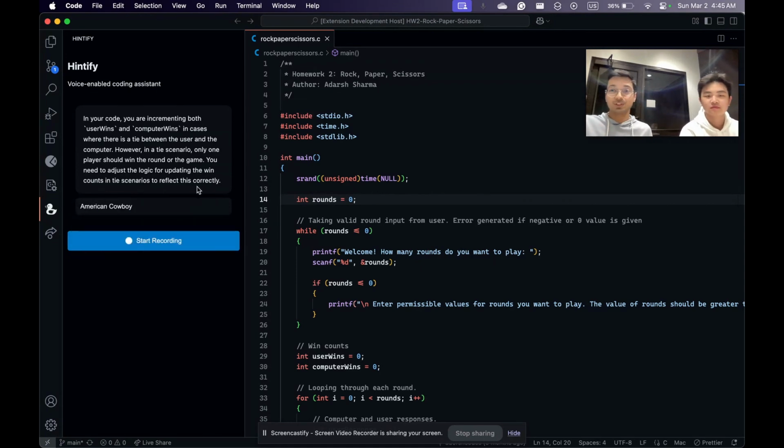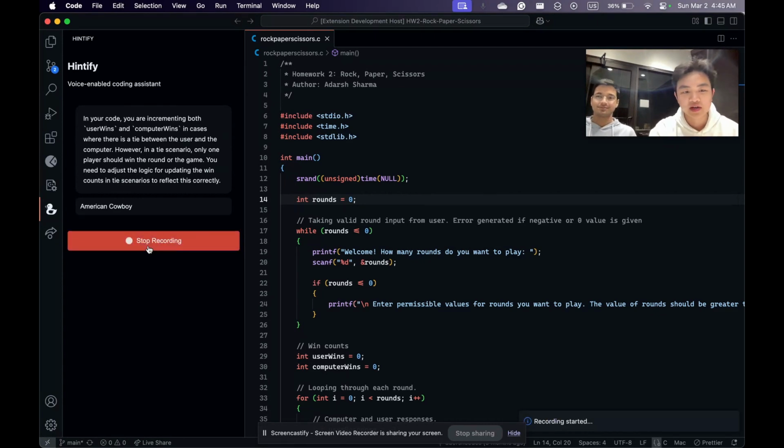And it supports multiple languages. So Harrison will demonstrate in Chinese. 我的代码有什么问题？